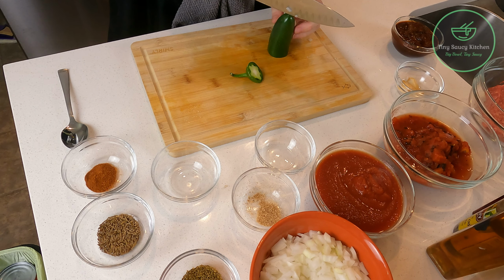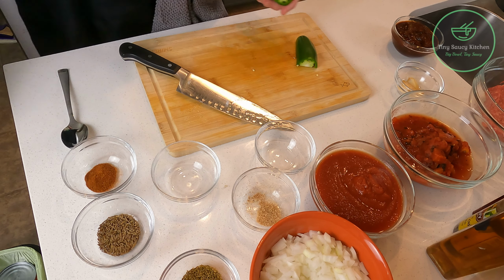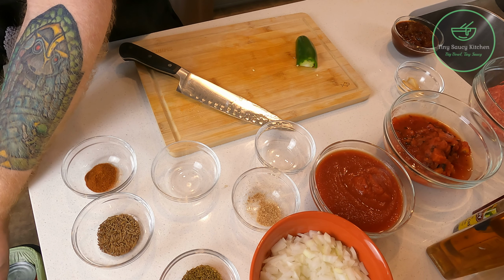Next we're gonna chop our jalapeno. You wanna get the dice pretty small for the jalapeno. You don't really wanna know that you're biting into jalapenos in this,